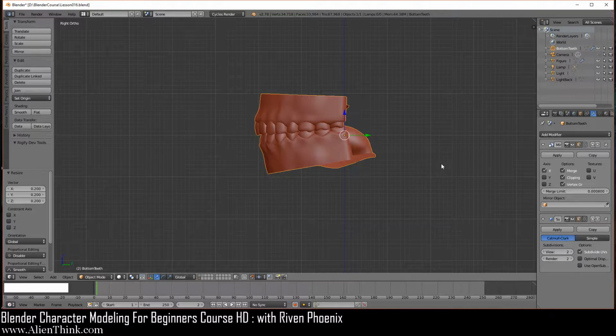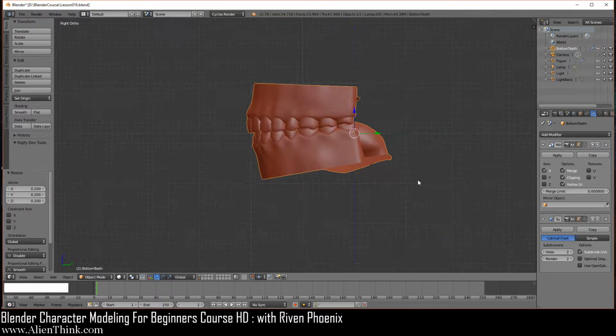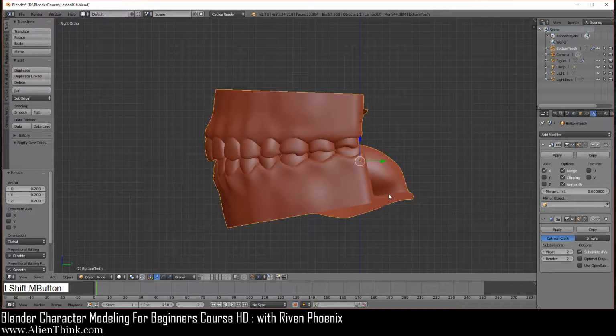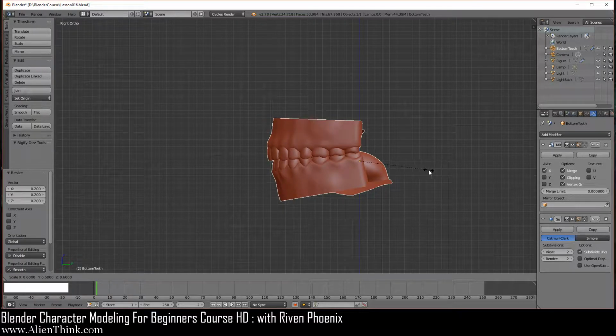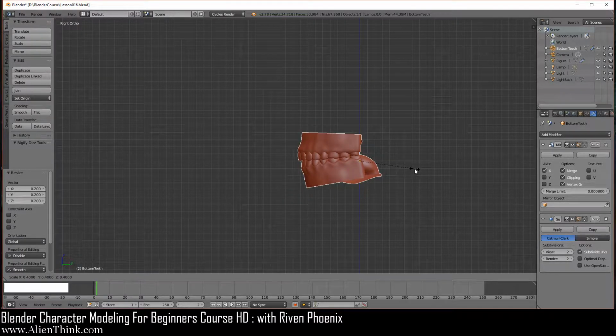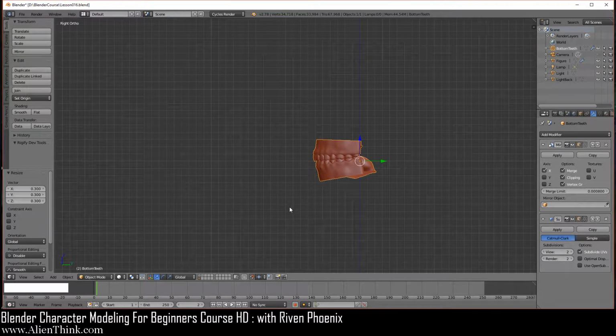Now we're going to press the S key again and scale it 7 nudges. So I'm just going to zoom in to show you what's going on. I'm going to press S to scale, and do 1, 2, 3, 4, 5, 6, and then 7. Left click to confirm. Now press the Z key to go into wireframe.